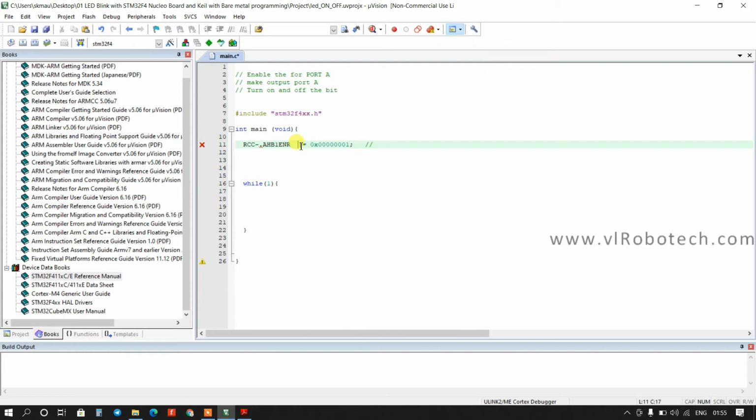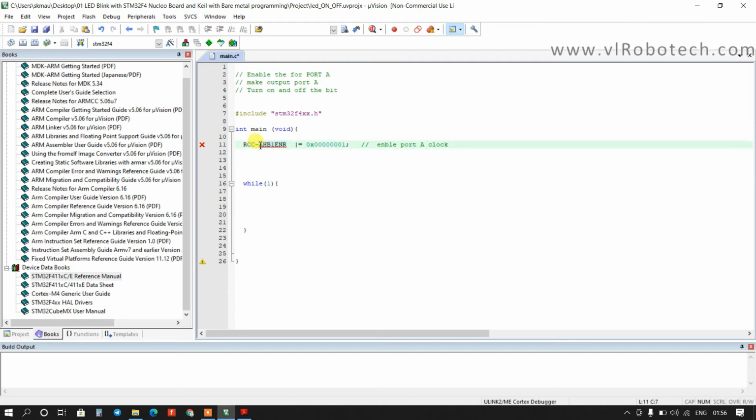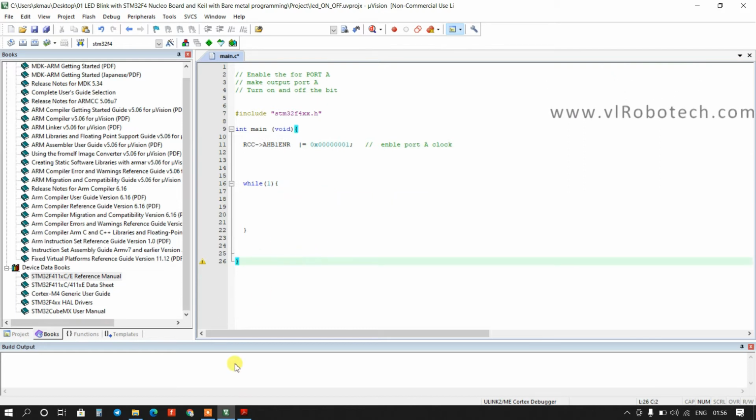So this is enable-friendly programming. Okay, now we have to make it an output.